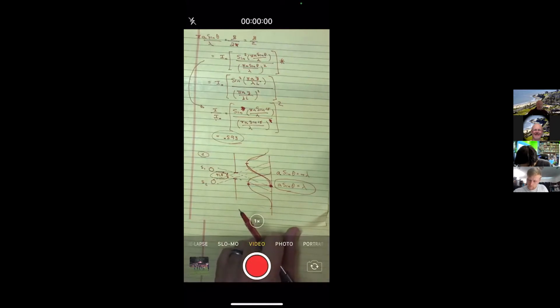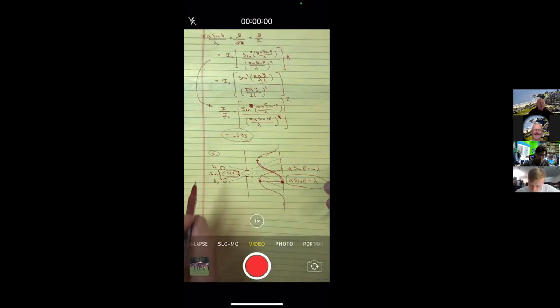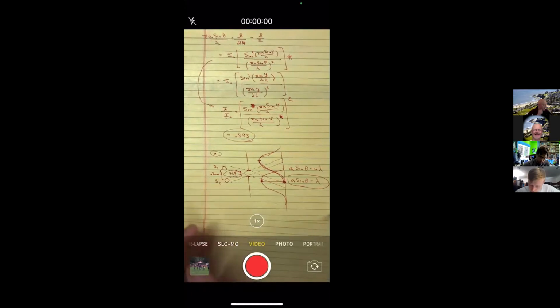Okay. Now, calculator, I don't think I'm quite done. I found the angle, but I think they wanted the distance. So I've got a little geometry I need to do. Let me just read it again. It says, assume that the two sources are separated laterally by 20 centimeters behind the slits. What must be the maximum distance to the plane of the source? So they're saying that this separation